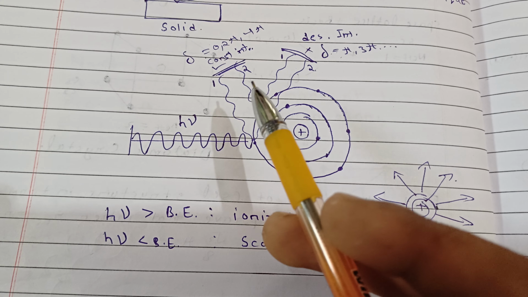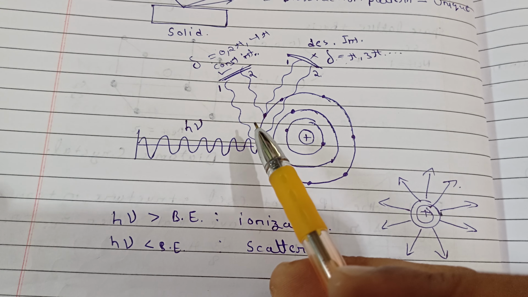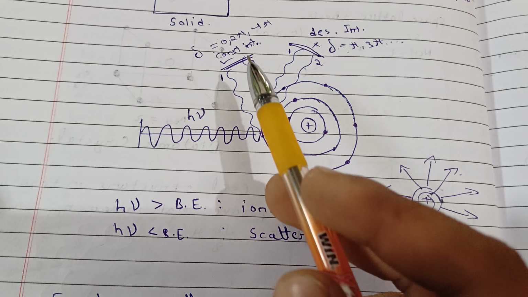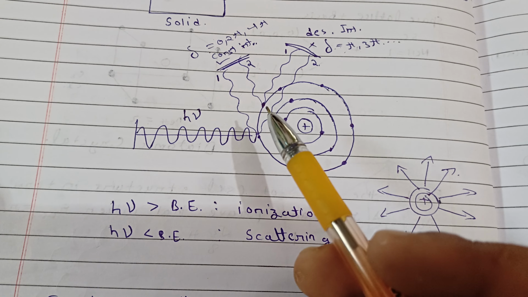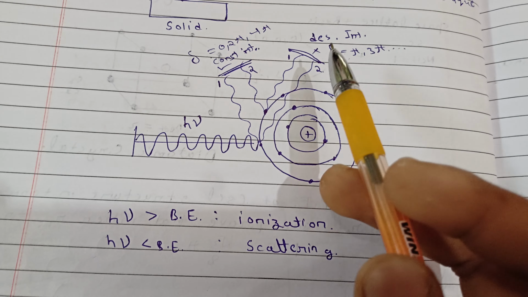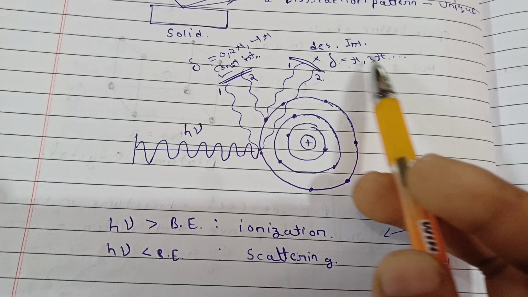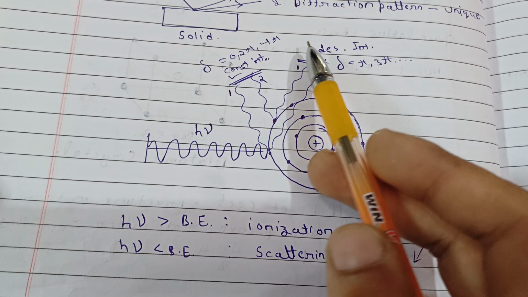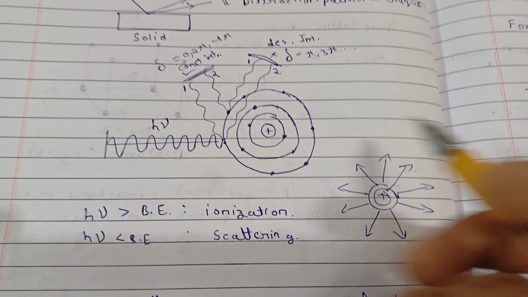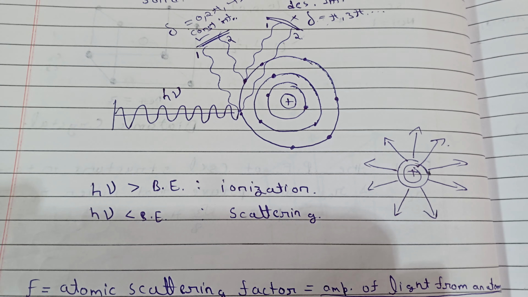The path difference, which you can take as a phase difference between those two waves, if it is of the form 0, 2 pi, 4 pi, then we have constructive interference, and if it is of the form pi, 3 pi, 5 pi and so on, it will be destructive interference. This will be our phase difference delta. So pi, 3 pi give destructive, and 0, 2 pi, 4 pi and so on give constructive. This constructive and destructive interference will give us information about the crystal, so we will see about it.